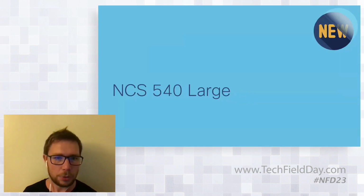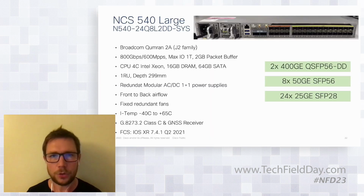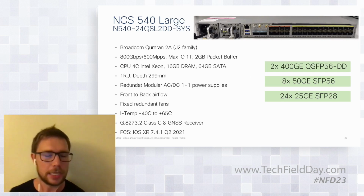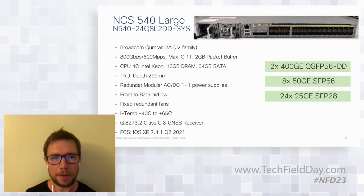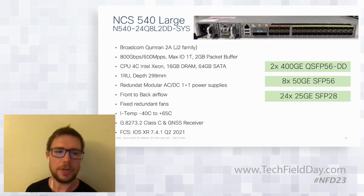Okay, the last addition and what we are building, and this is really something very unique, is the 540 large. And again, it's real. This is a prototype here. It's Broadcom Qumran 2A, so the J2 family, Jericho 2 family, the second generation of Jericho. 800 Gbps, 600 Mbps. Maximum input-output interfaces 1 tera. 2 GB packet buffer. There's an Intel CPU. It's again 300 millimeters. Modular power supplies, front to back airflow, fixed fans, iTemp, again, Class C, GNSS receiver inside,